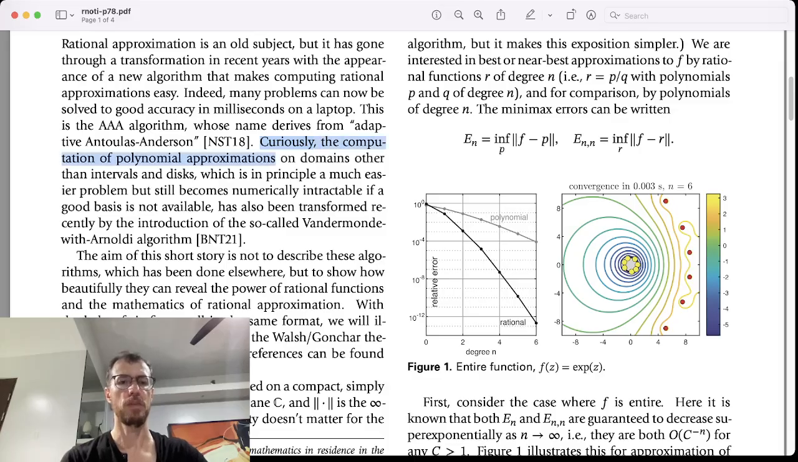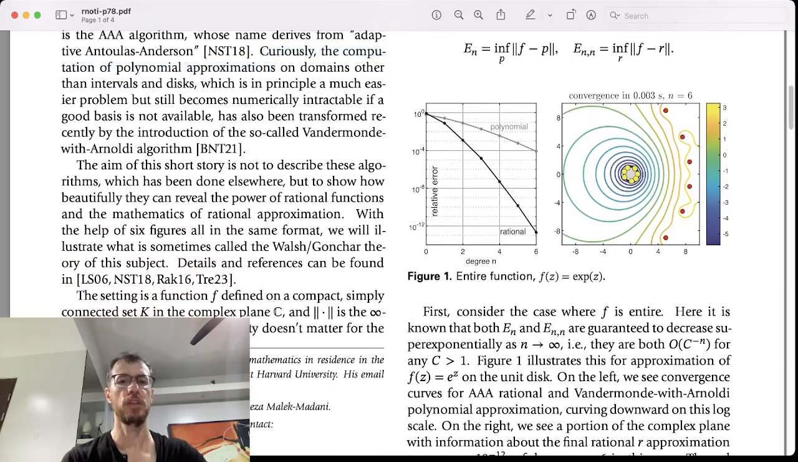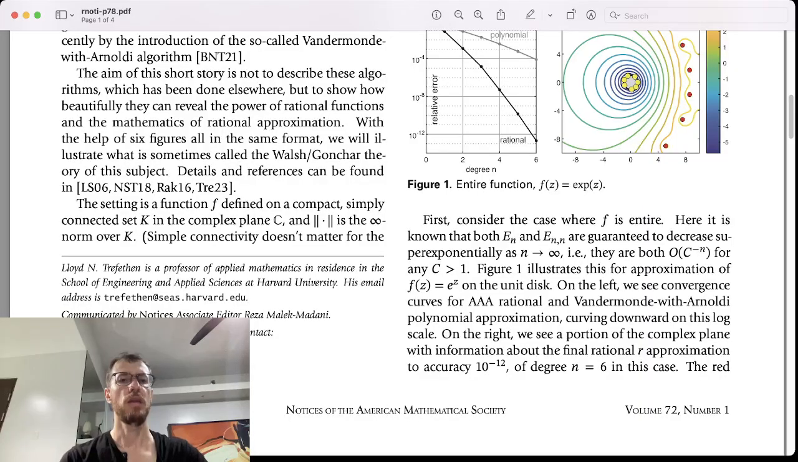Curiously, the computation of polynomial approximations on domains other than intervals and disks, which is in principle a much easier problem, but still becomes numerically intractable if a good basis is not available, has also been transformed recently by the introduction of the so-called Vandermonde with Arnoldi algorithm. The aim of this short story is not to describe how these algorithms work,